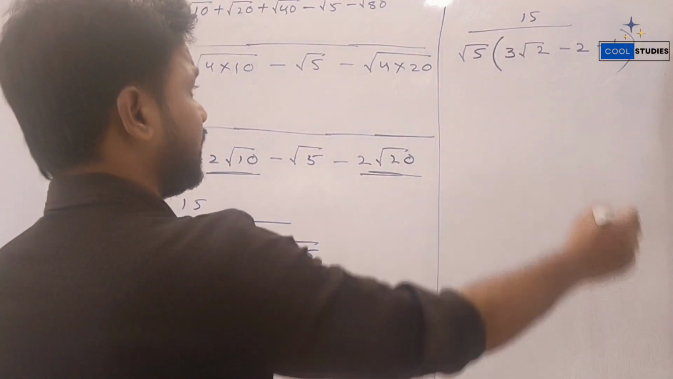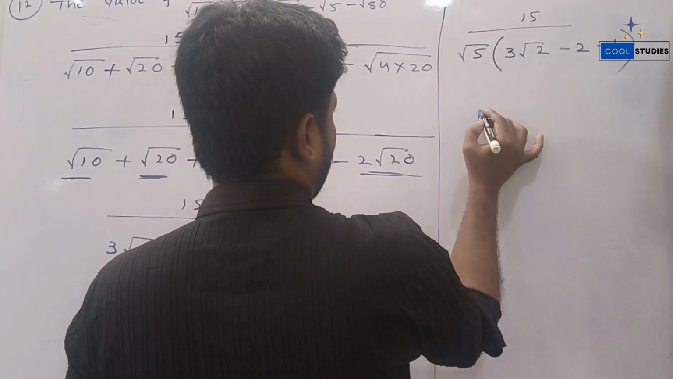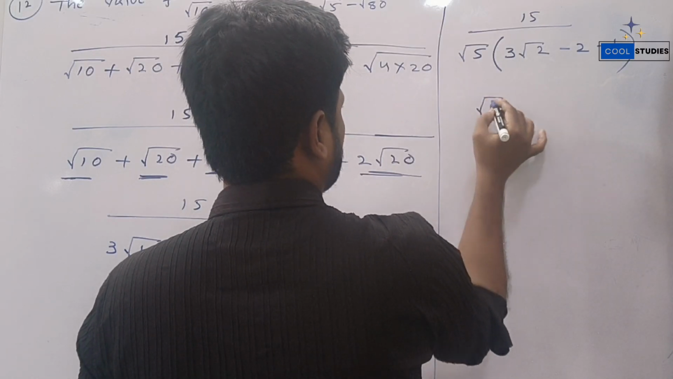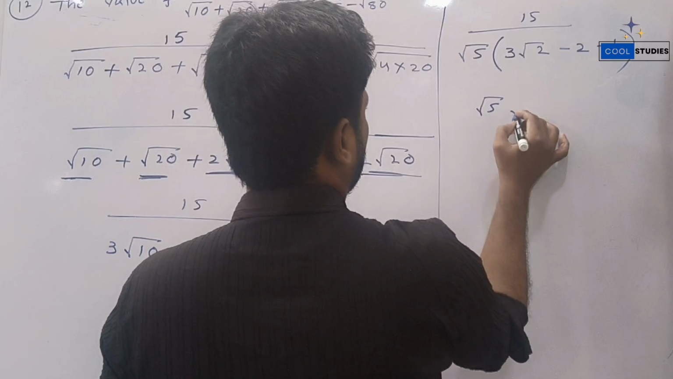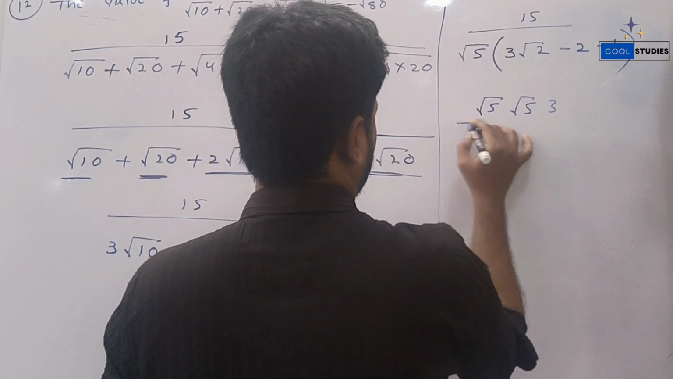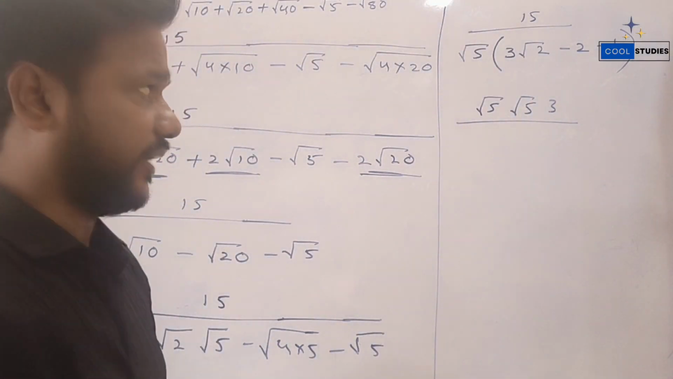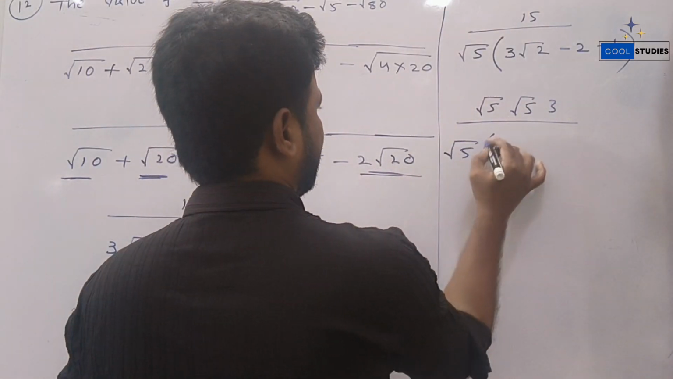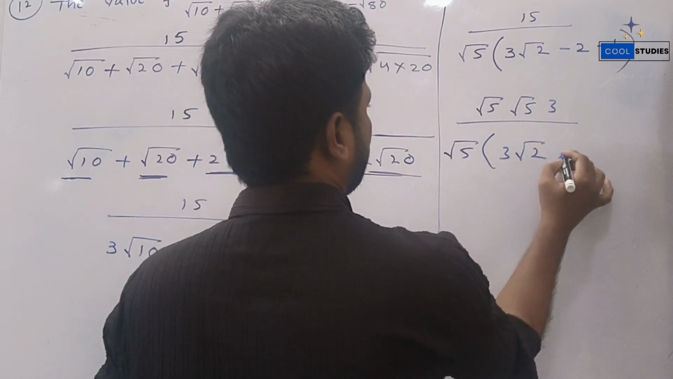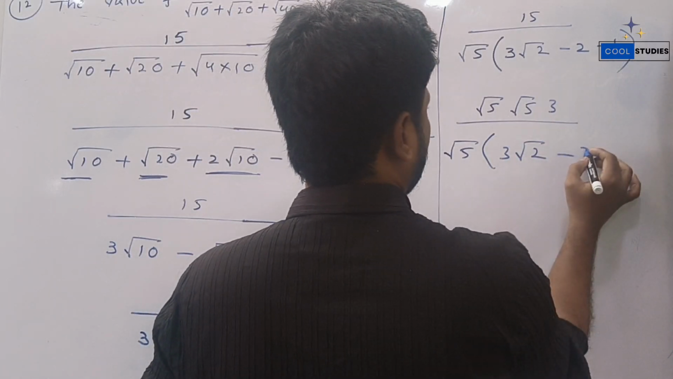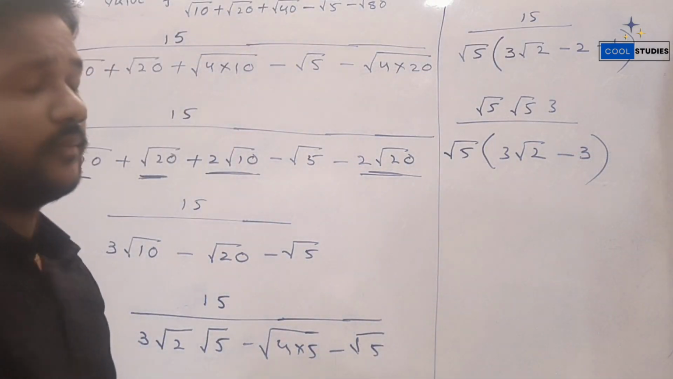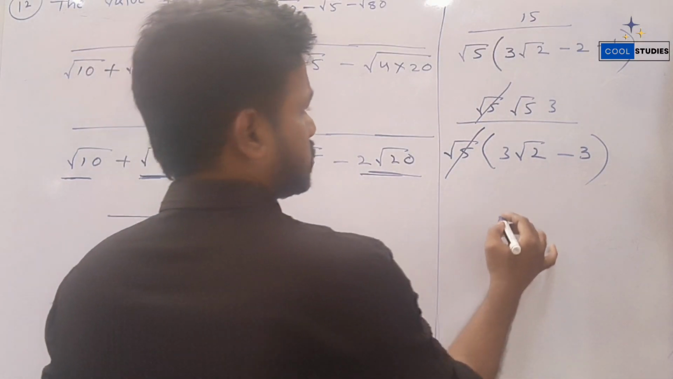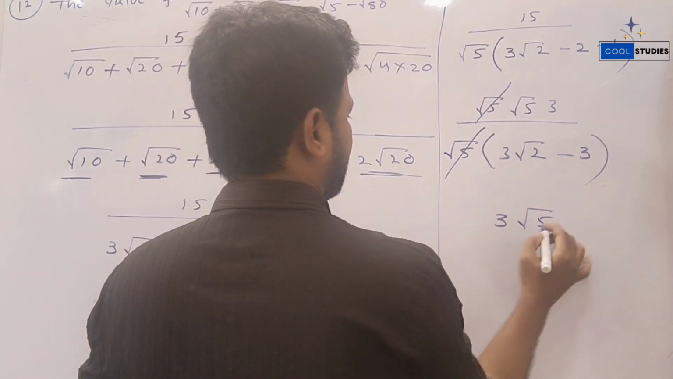Now this 15 can be written as 5 into 3, and I am writing 5 as root 5 into root 5, times 3. Root 5 into root 5 is 5, so 5 times 3 is 15. In the denominator, root 5 times 3 root 2 minus 2 minus 1 is minus 3. Minus 2 minus 1 is minus 3. Now we can cancel root 5 here. So 3 root 5 by